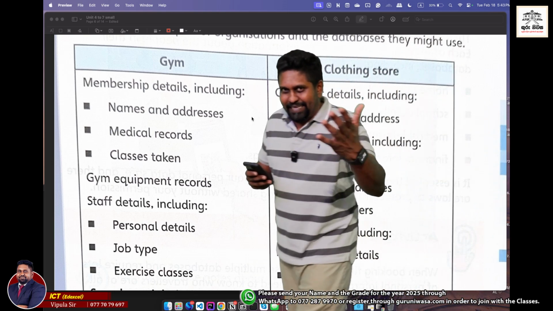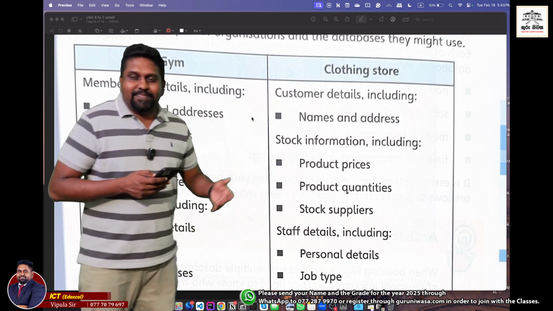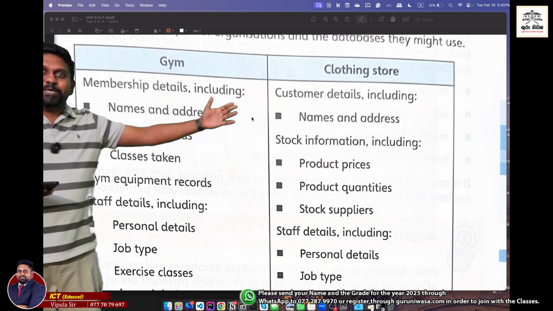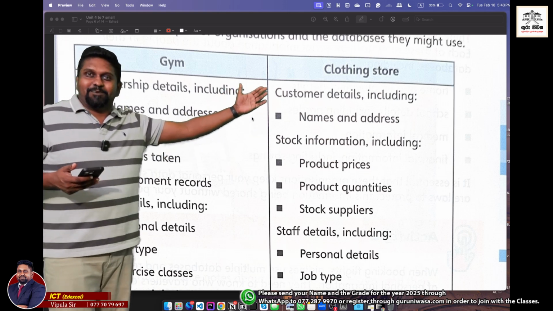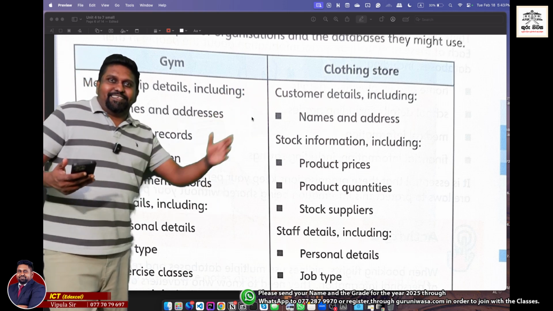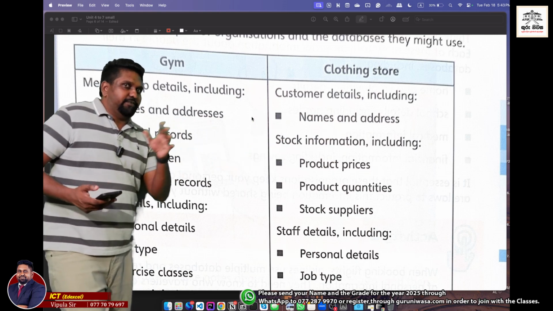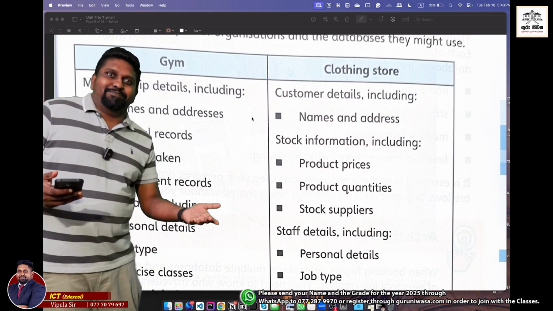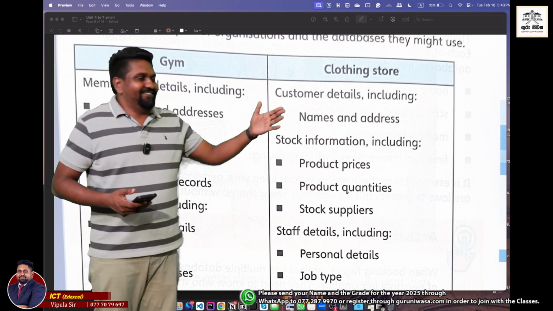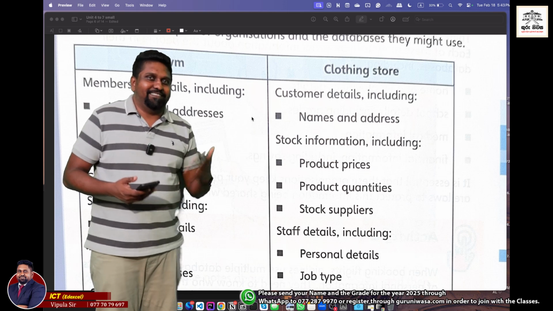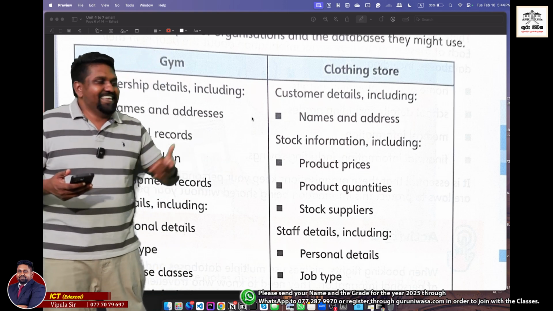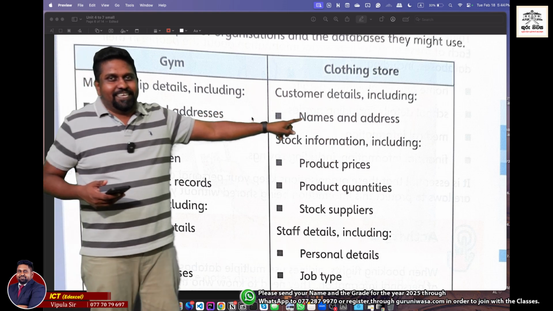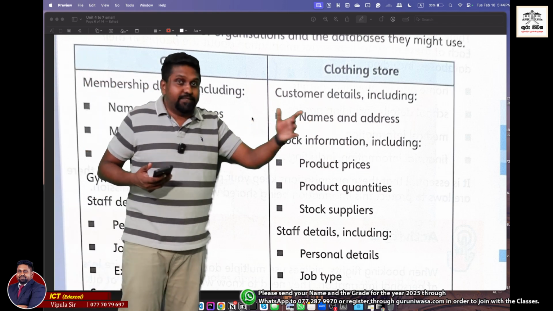Nice, a good answer. So at the same time, if we look at a totally different point of view, a clothing store, same as the gym, but the gym is collecting a lot of personal information, like private information about you, but in a clothing store, they don't ask private information. When you go to a clothing store, they don't ask how much you weigh. They don't want to save that information, right? But at the same time, they need the customer information, obviously. So the customer name and the customer address is